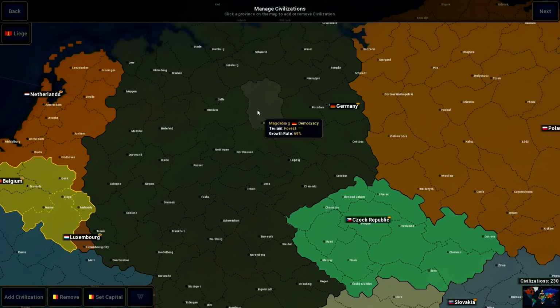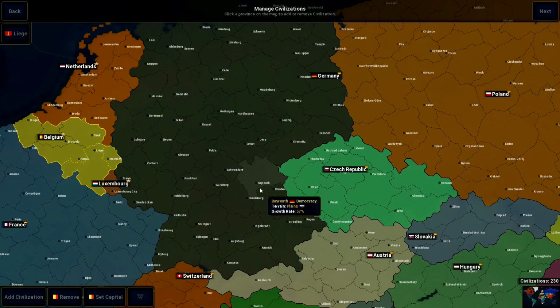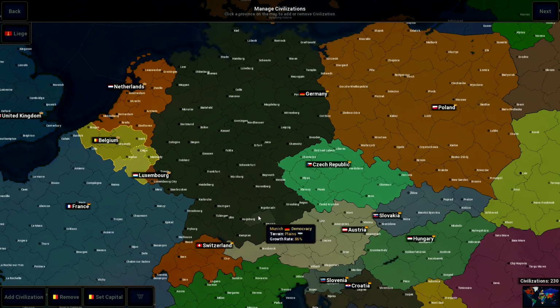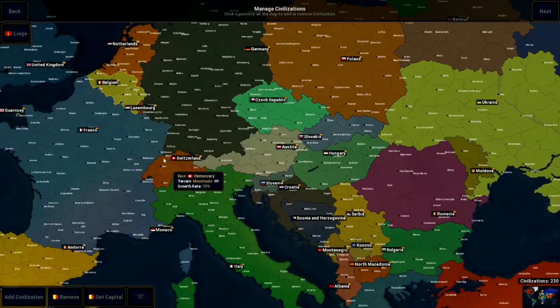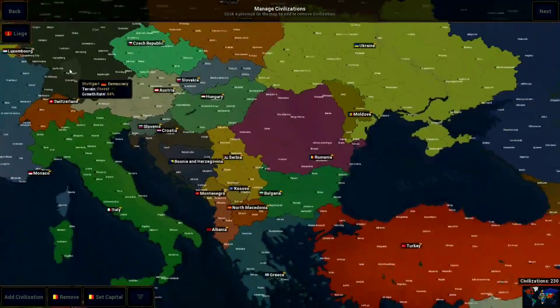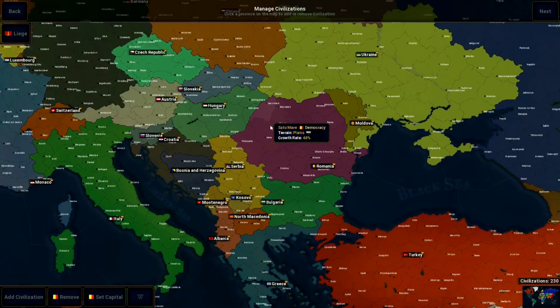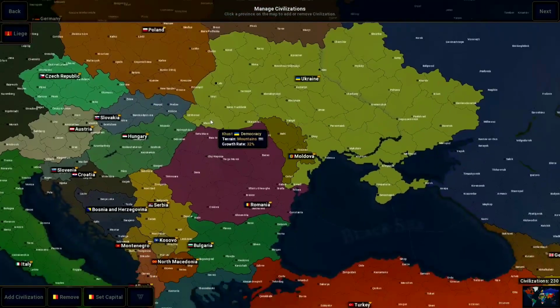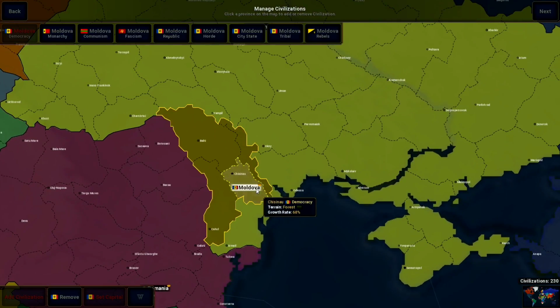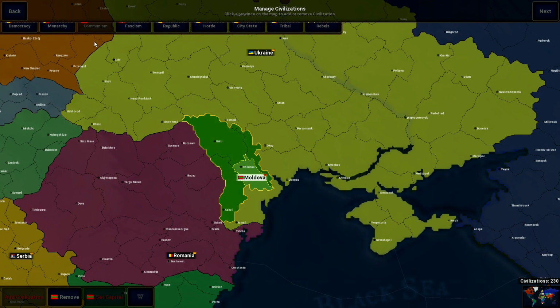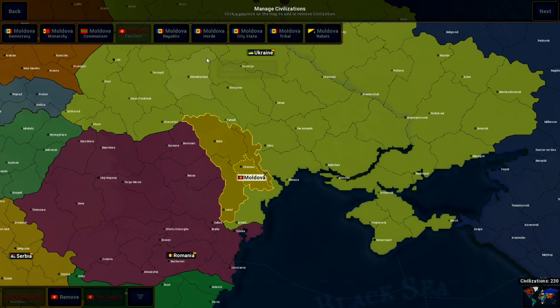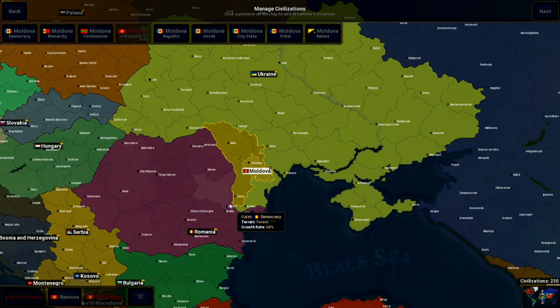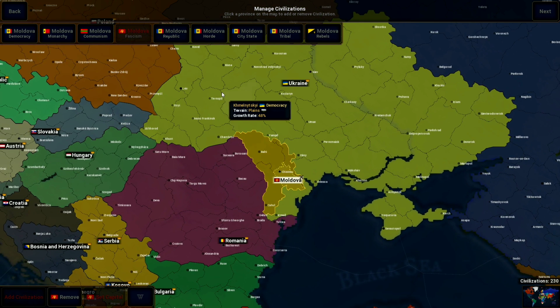Overall, though, for mapping on Age of Civilizations 2, what you want to do is choose your villain like any real mapping video. Let's say you want your villain to be, what's a good example for a good villain? We're going to choose something really stupid because I don't really care. Let's say, for whatever reason, Moldova is going to be the big villain. We'll make them a communist country. Actually, let's make them a fascist country so they have that evil-looking yellow color, because otherwise they're green, and that doesn't really look that evil. So we'll make a fascist Moldova, and let's say for your story, the hero is going to be Romania,